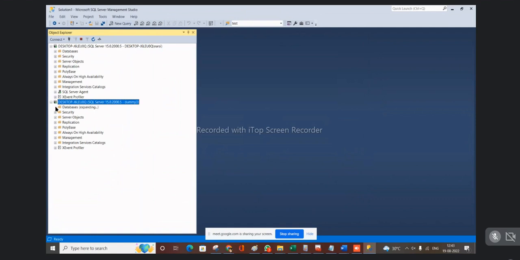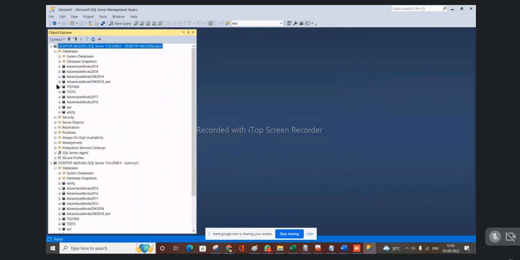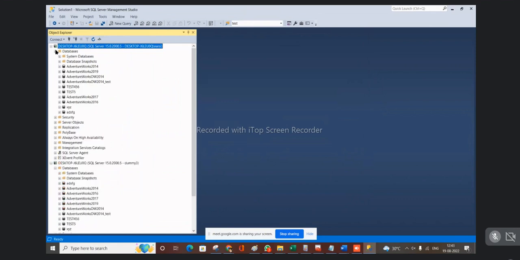See here, I can see all the databases. This is my sysadmin login. I can see all the databases right here. I can expand the databases, I can read the data, I can see the tables. But here, for this dummy3 login,